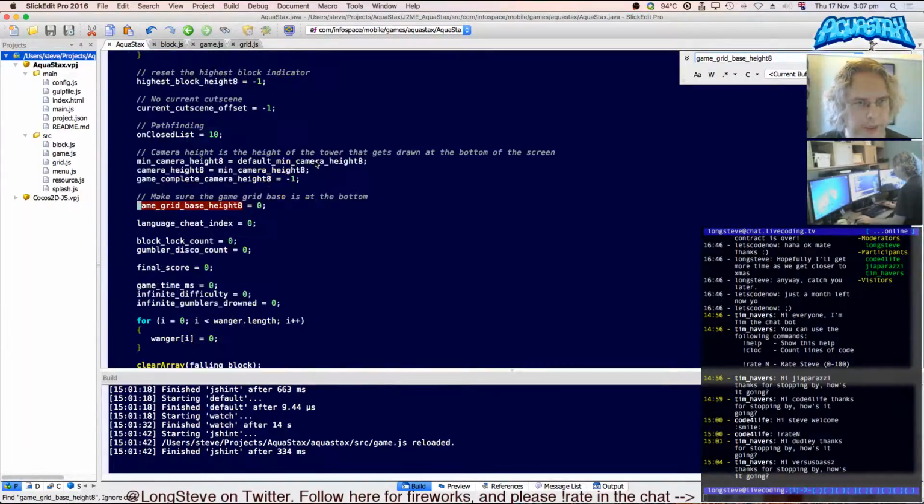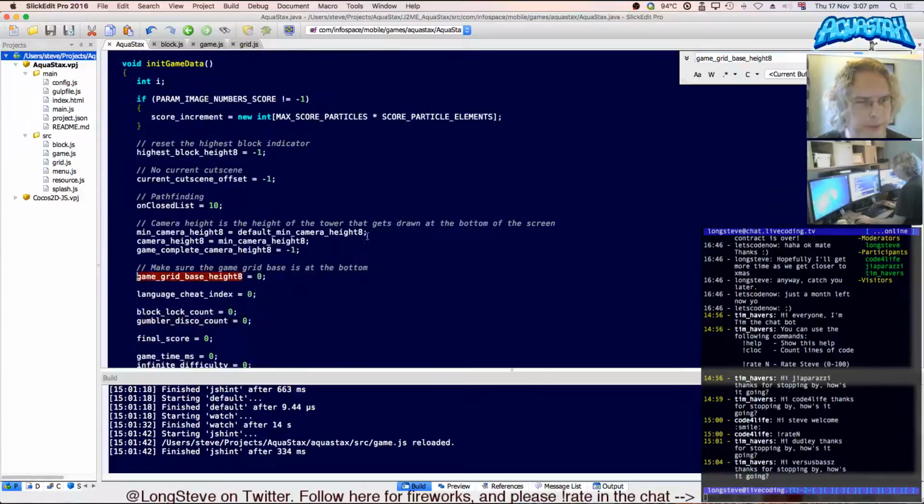This is loaded and saved. So here's the initialize init game data. Game grid base height starts at 0. That's handy. It means we can ignore it to start with. And